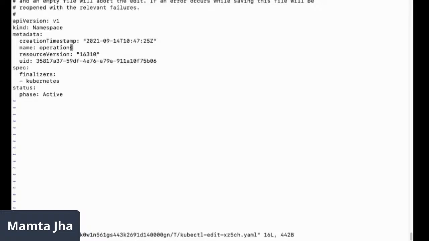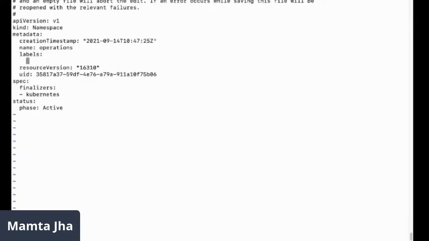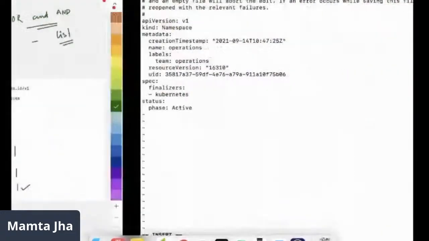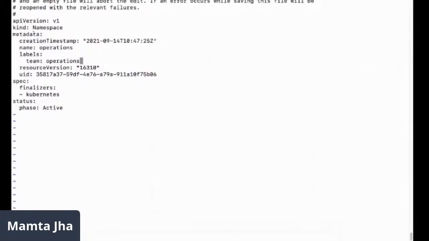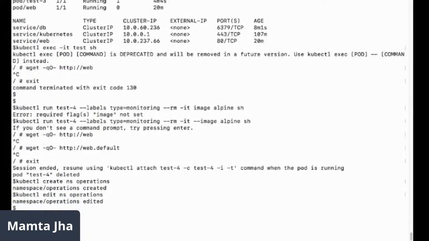Metadata is there. You can add the label here in the metadata section. I will say labels, go two spaces inside and then say team operations. Let me quickly verify from the snippet. Team operations is the label of the namespace. Fine. Now our namespace has a proper label as well.